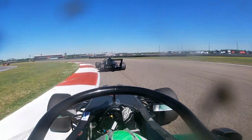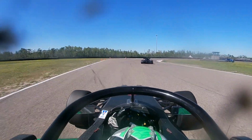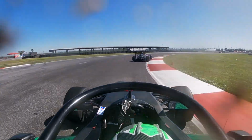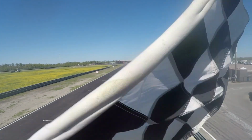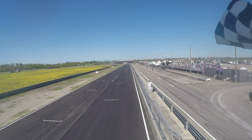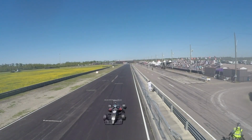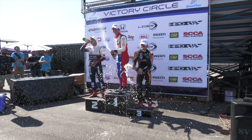Here's the battle for fourth between Nico Christodoulou and Jason Alder, which is also tightened up here on the final lap. Alder doing his best to run down Christodoulou in the run to the line, but it looks like Nico's going to have what it takes to hold him off. There's Dylan Tavella across the line. And here comes Nico Christodoulou and Jason Alder. Right behind them, Ryan Yardley and Nick Persing. Ladies and gentlemen, I give you your podium. Dylan Tavella,